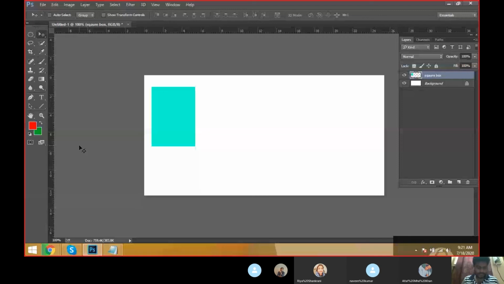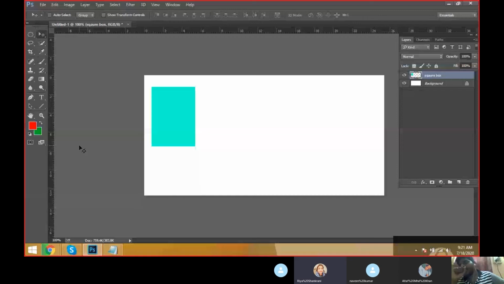Now suppose I take a red color and a green color. What is the object here? I'm just taking a selection here. It's the rectangular marquee tool. We saw in yesterday's class that we have the rectangular marquee tool and the elliptical marquee tool. Just take the elliptical marquee tool and draw the selection. Okay, to apply the green color to the circle, what do we have to do, Ria?